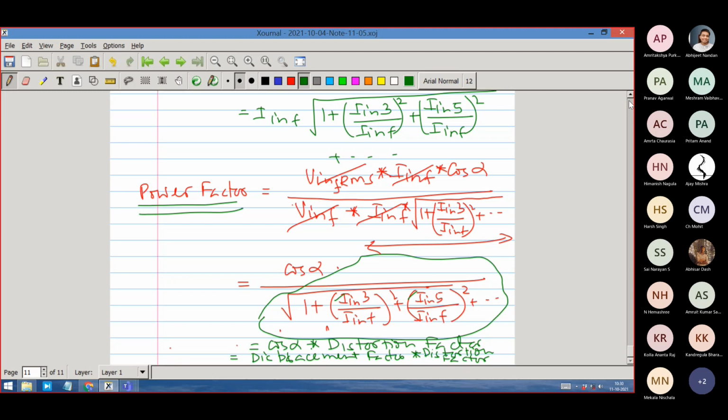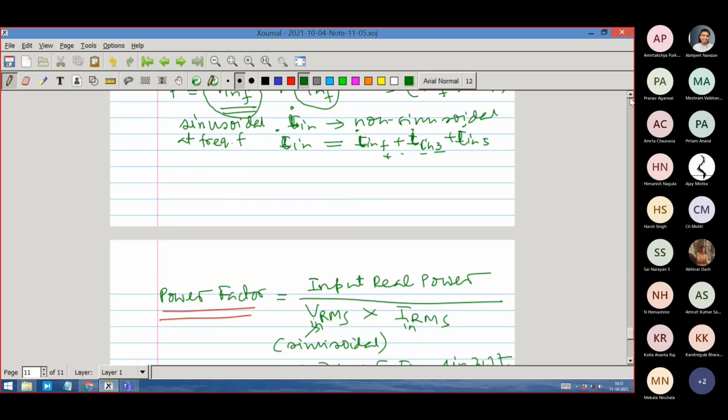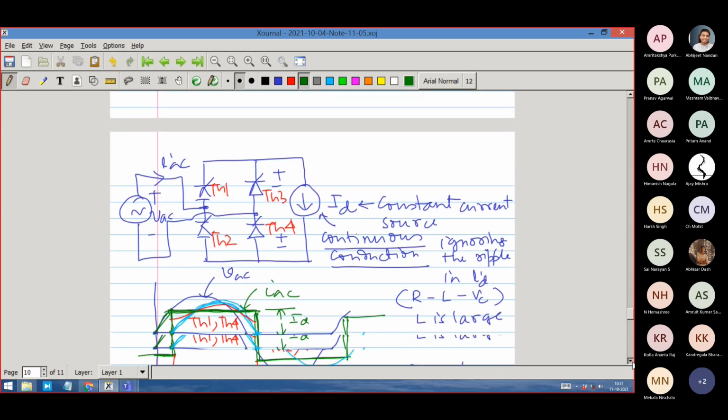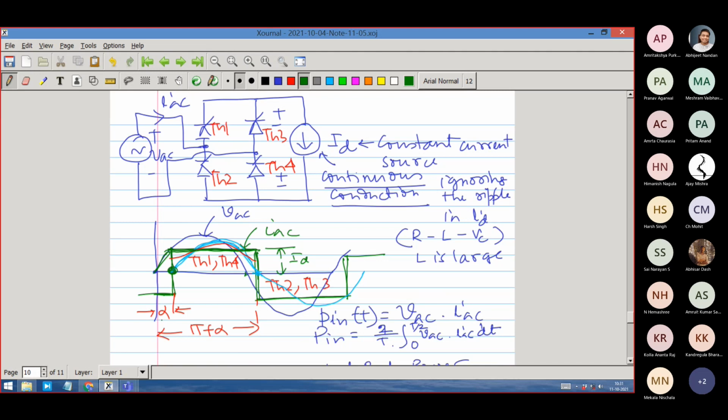But in thyristor converter, we are going into another factor called displacement factor, which by English name itself, you will know that it is cos alpha, because alpha is the firing angle and current is initiated at that point. The current waveform in the circuit is coming at that instant, after alpha, right? I hope you understand that the current is not stopping here, current is continuous, right? The fundamental current is continuous.